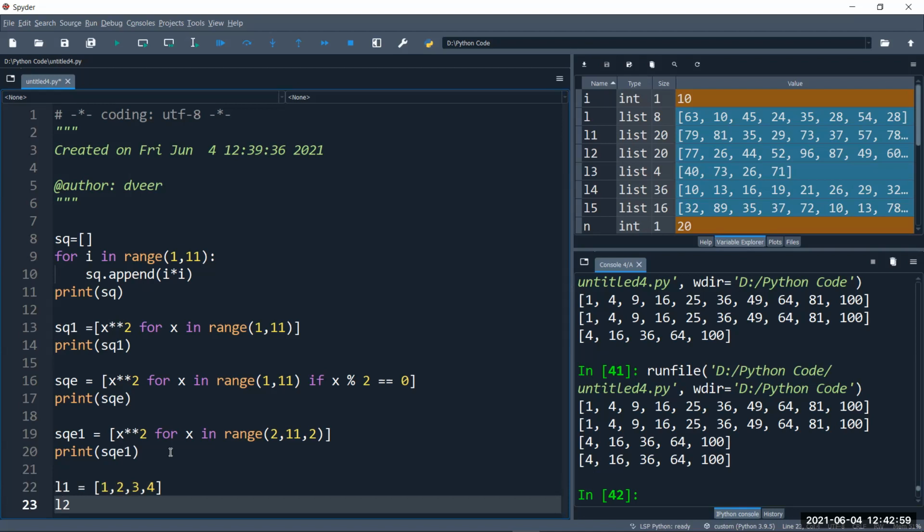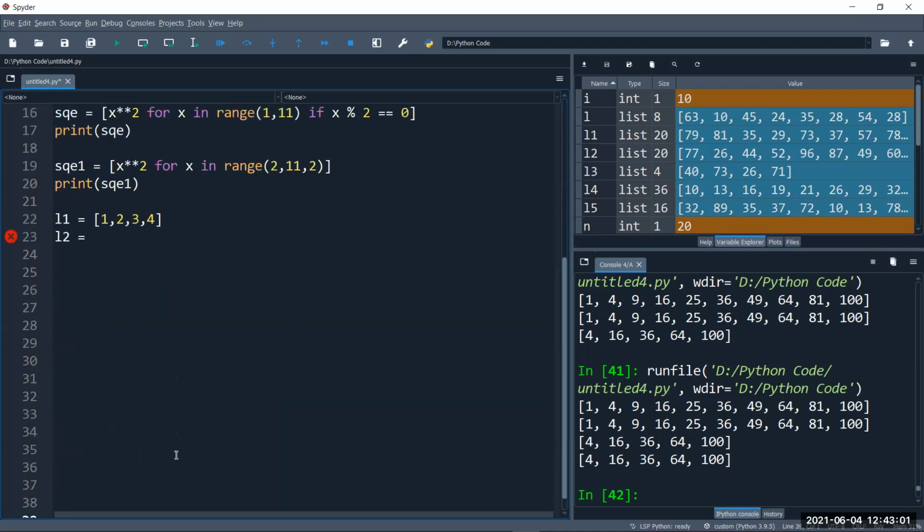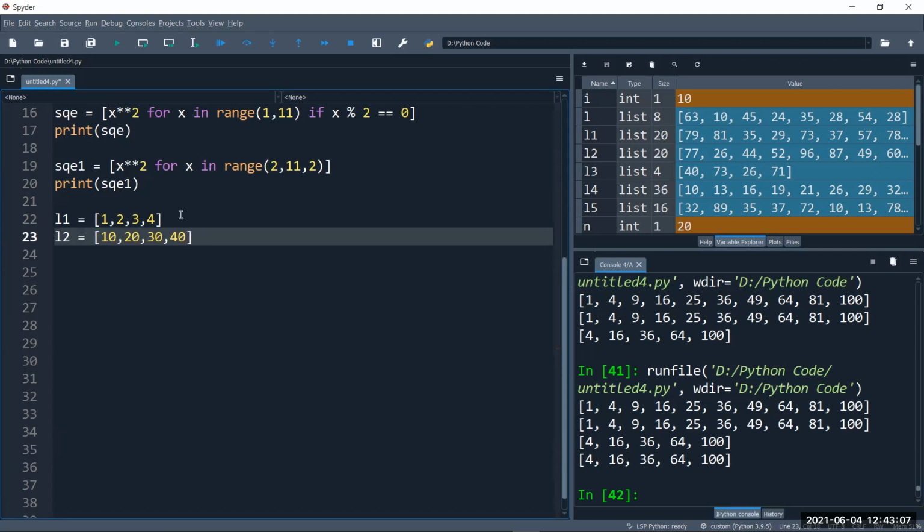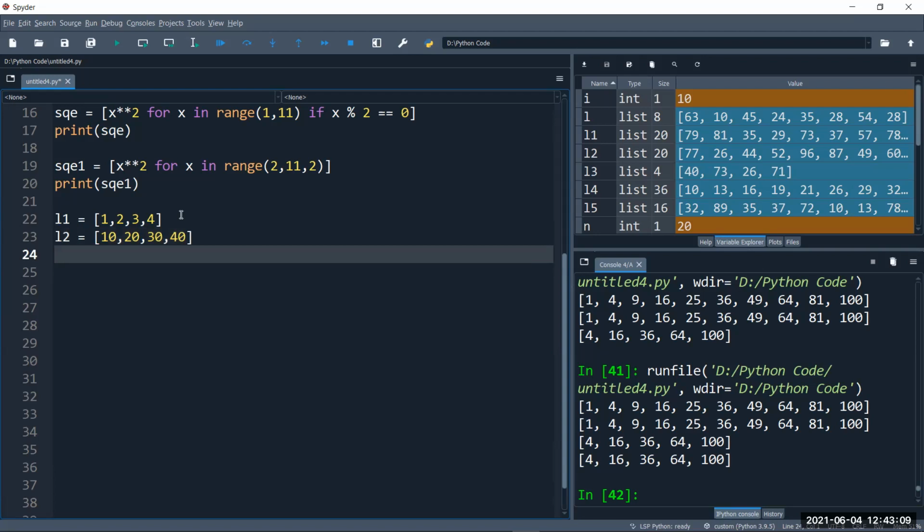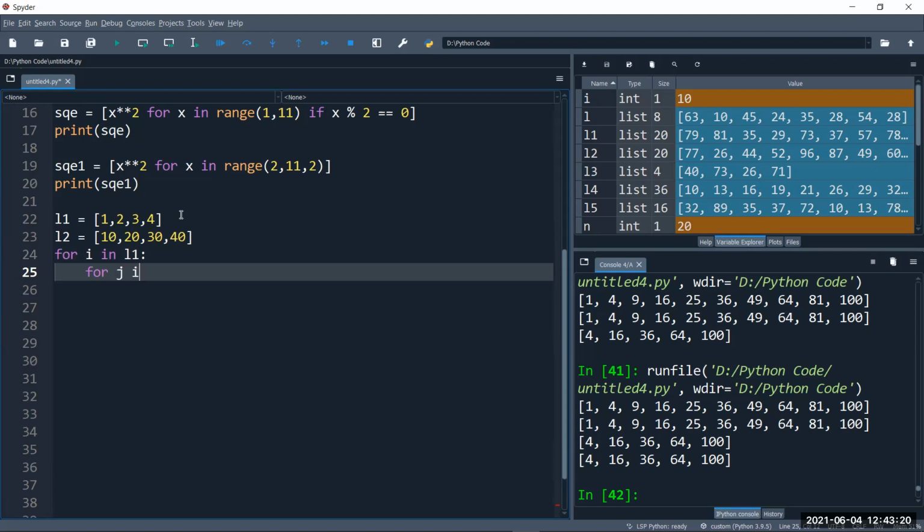Then L2 is equal to 10, 20, 30, 40. So what I want to do, I want to add every element of list 1 to every other element of list 2. For i in L1, for j in L2,